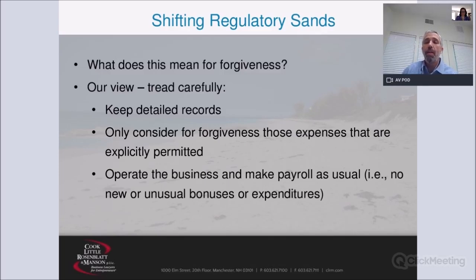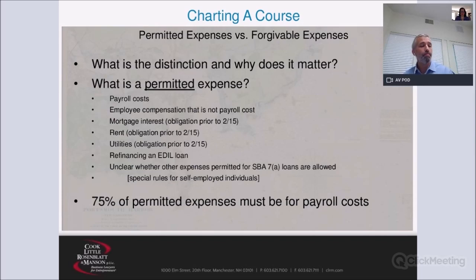Another example, I guess, would be rent, right? As Helen will talk about in a minute, you have an 8-week period to utilize your PPP loan proceeds if you want to consider those proceeds usage forgivable. So can you prepay rent? Our view is probably not, at least not safely. And Helen will talk a little bit more about the parameters around that. So why don't I turn it over to Helen? She'll have control over the slides here, and she's going to dive into more detail around some of these questions.